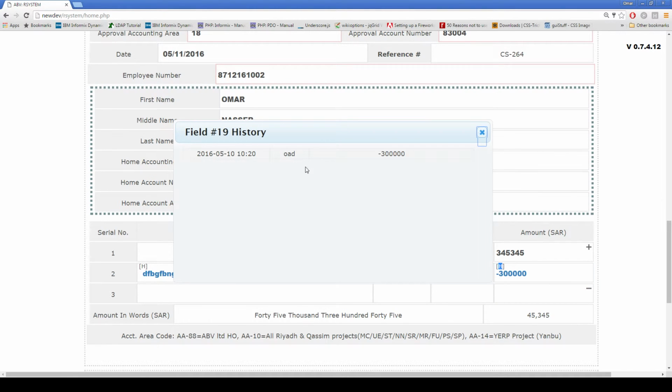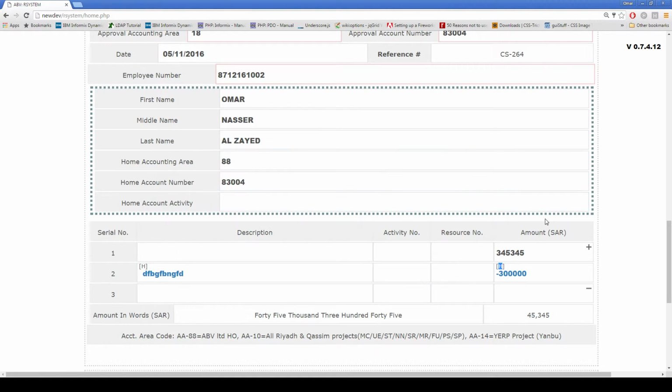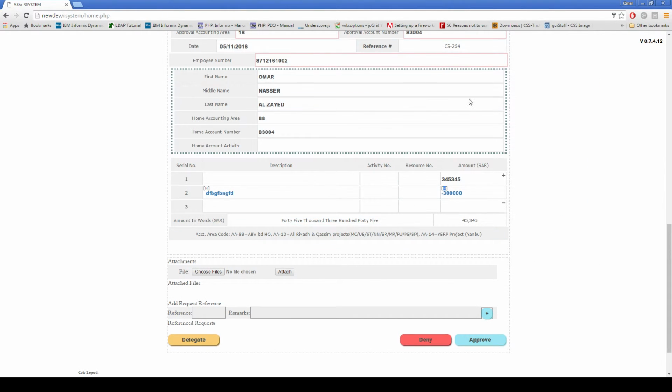So if I click on the H, it will show it was edited by OAD on this date, and this is the value that they added to it. And if this field has multiple changes from different attesters, you will see them one after the other, ending with the most recent change. Once you've looked over